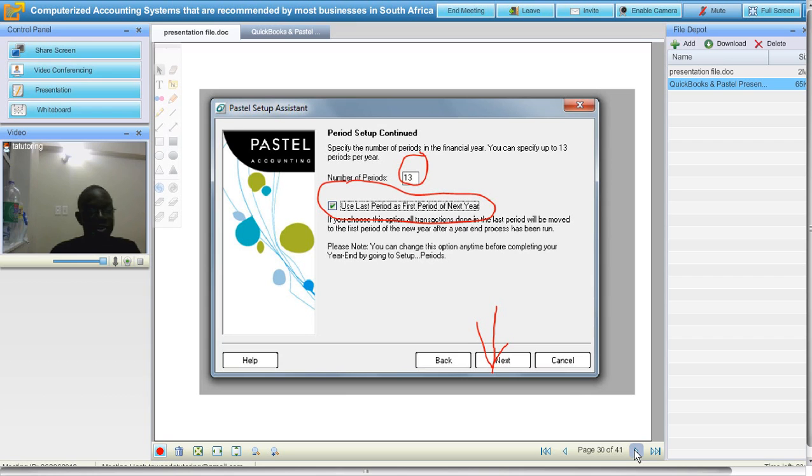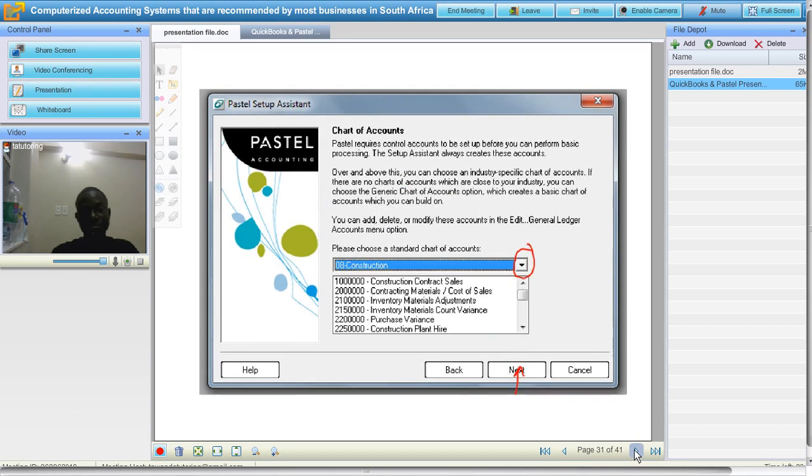So it's up to you. You can actually use 12 periods, but using a 13th period is better, because as your financial year ends on the 12th period, you are actually able to process in the 13th period as you are waiting to process your financial year end. So after selecting all these, if you want to use 12, let's change that number to 12, and you can actually click next.